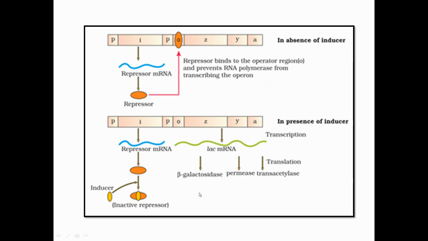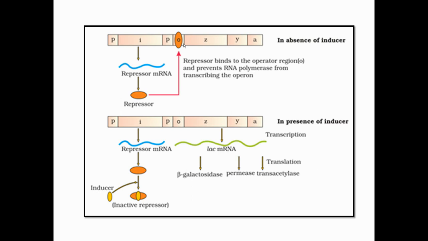So, first of all, we need to understand the lac operon with the help of the diagram. Here you can see the promoter, two promoter sites. P is the promoter, I is the inhibitor, and O is the operator gene. You can see the repressor mRNA is going to be formed, and ultimately with the repressor mRNA there is formation of repressor protein which is going to bind at the operator region, and this repressor ultimately blocks the entry of